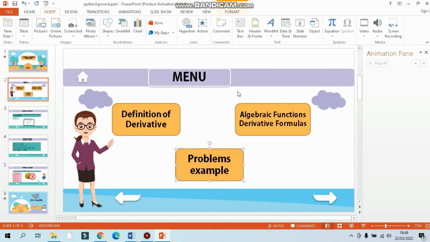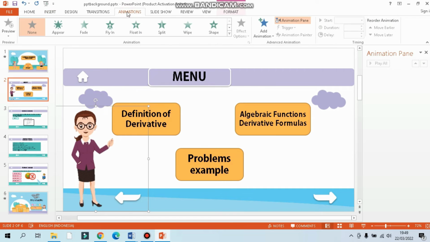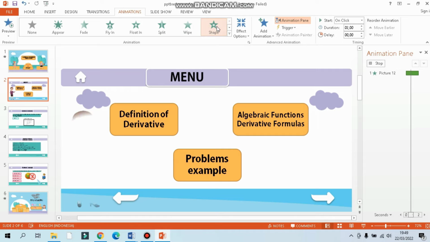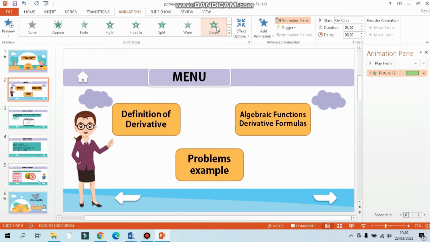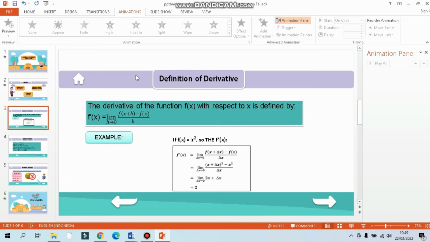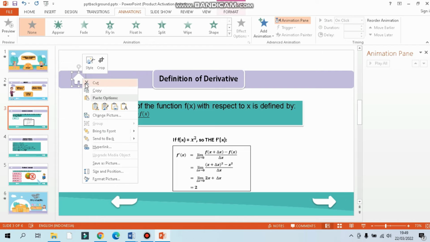Okay, next we can animate the more icon: click the icon and animation. Next we want to hyperlink slide 3, where I want to hyperlink the home one.